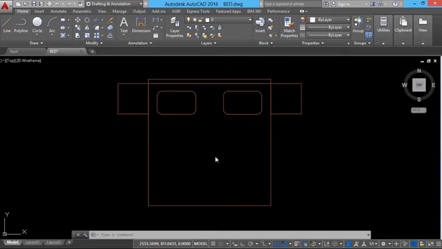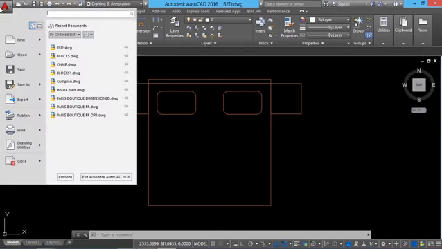The software establishes a link between that external object and the current drawing in such a way that any changes performed in that object will get reflected in the current drawing. Let's see that. I'll open a new file